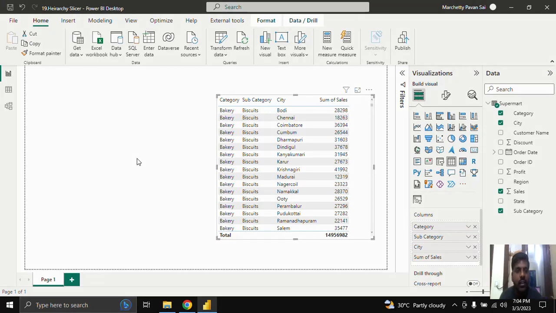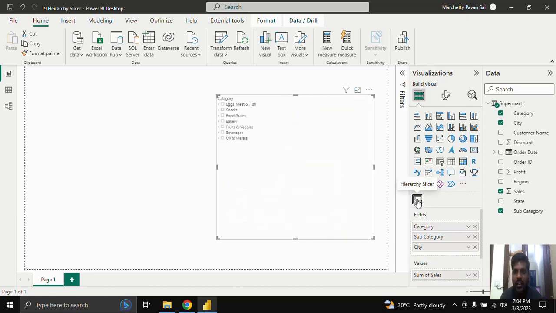Hello everyone. Today we shall look into how the hierarchy slicer works. You could get the custom visual from Get more visuals. You could click on Get more visuals and use this hierarchy slicer. I have added it. Once I click on the hierarchy slicer,